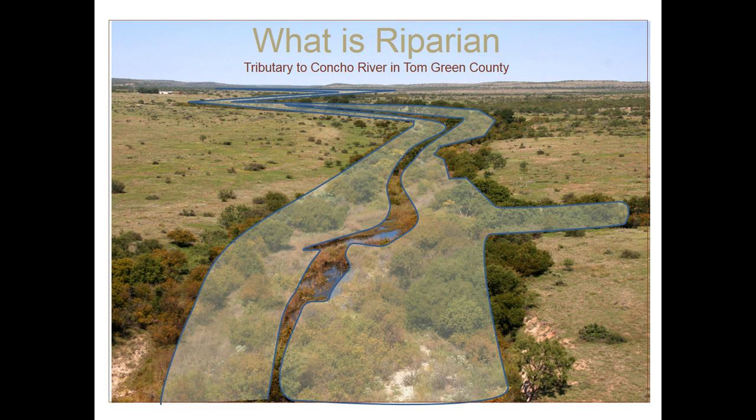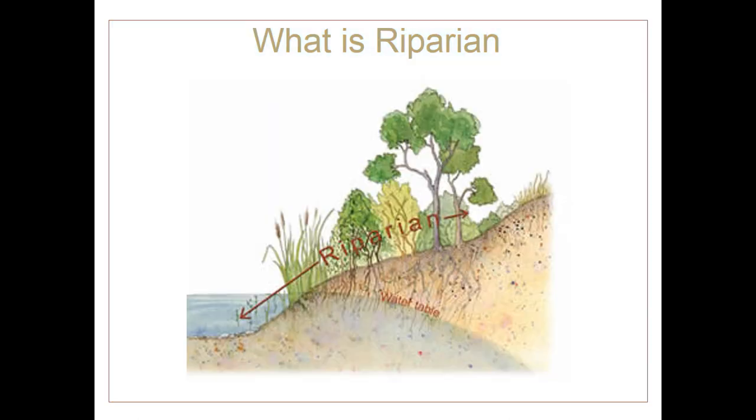It's the land that lies between the drier uplands and the wetted channel. The riparian area pictured here lies along the Concho River near San Angelo and can easily be distinguished as the greener, more lush area, in contrast to the less green uplands. It's the ribbon of land that follows and interacts with the waterway. The riparian areas include the stream bank, a floodplain, and all things within that area: plants, soil, logs, organic debris,